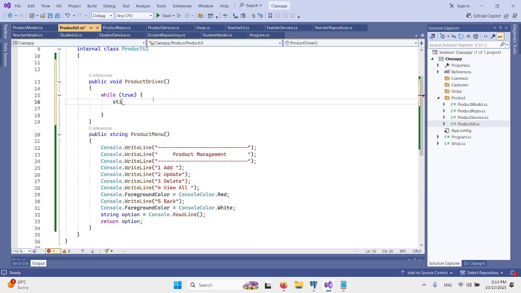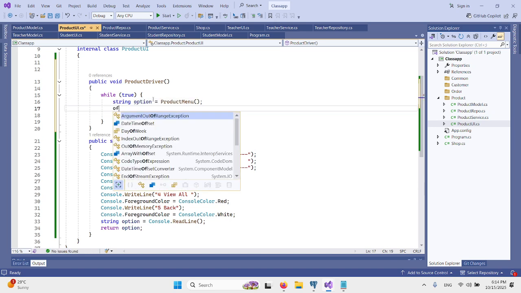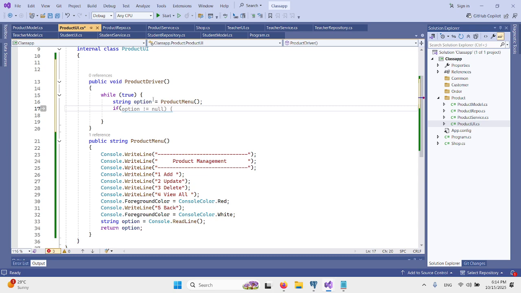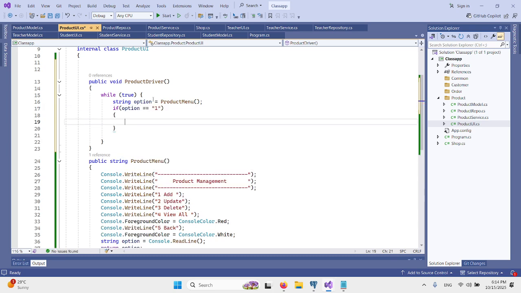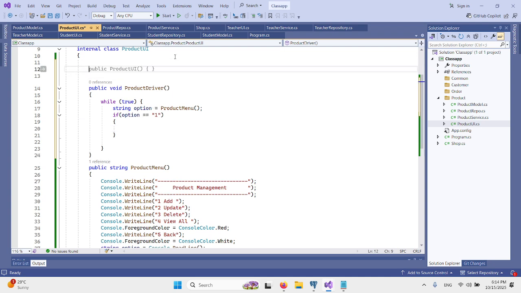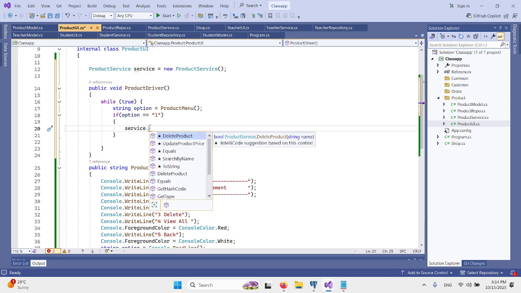String option, if option is equal to 1, what we have to do? Now here we will create product service object, because with UI only service will interact, with service only repo will interact. Okay, so we will call service dot, sorry,